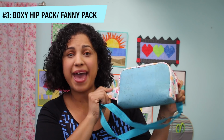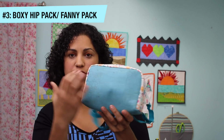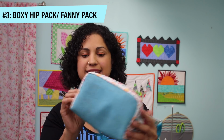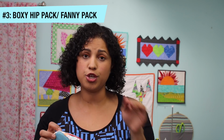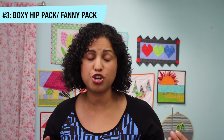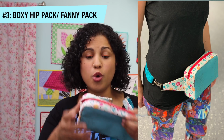Let me share with you one of my favorites, my Boxy Hip Pack or Fanny Pack. This one features cork fabric in this gorgeous light blue and also quilting cottons, but look at the shape that this has. There is nothing on the inside. Super easy to do. Again, we will share options with you about how to finish off the edges. So you can choose to have raw edges, you can finish them with a zigzag stitch, a serger, or bound edges. So again, one obviously is going to take longer than the other to complete, but you will have that